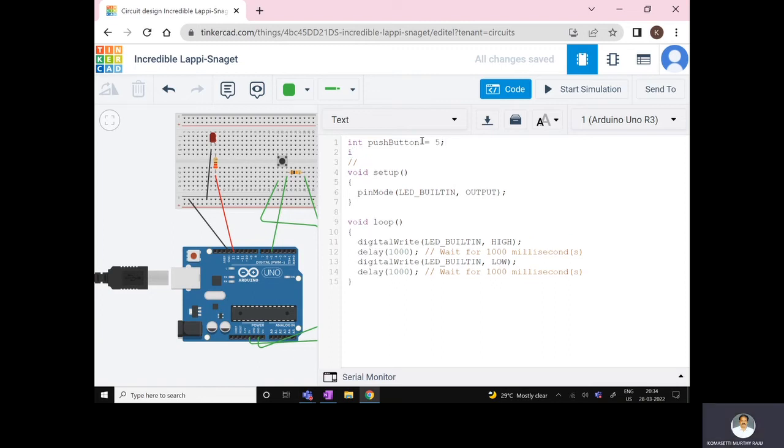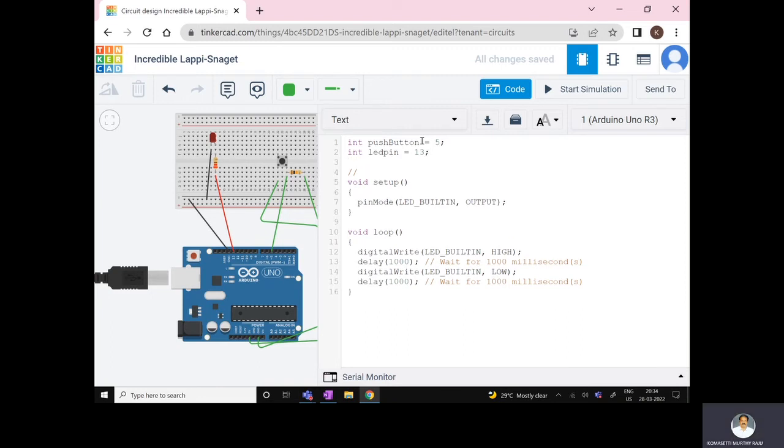One integer, LED pin. That is, LED pin is the 13th one, semicolon. Next one